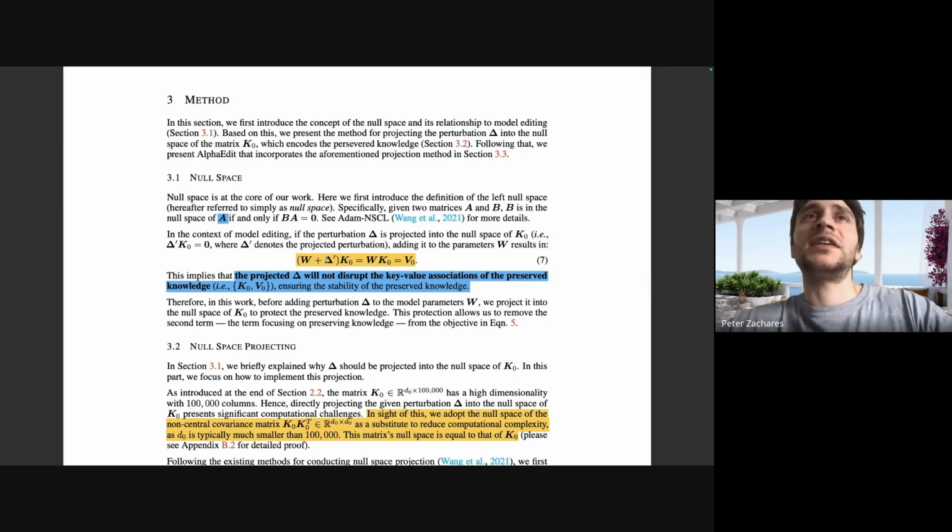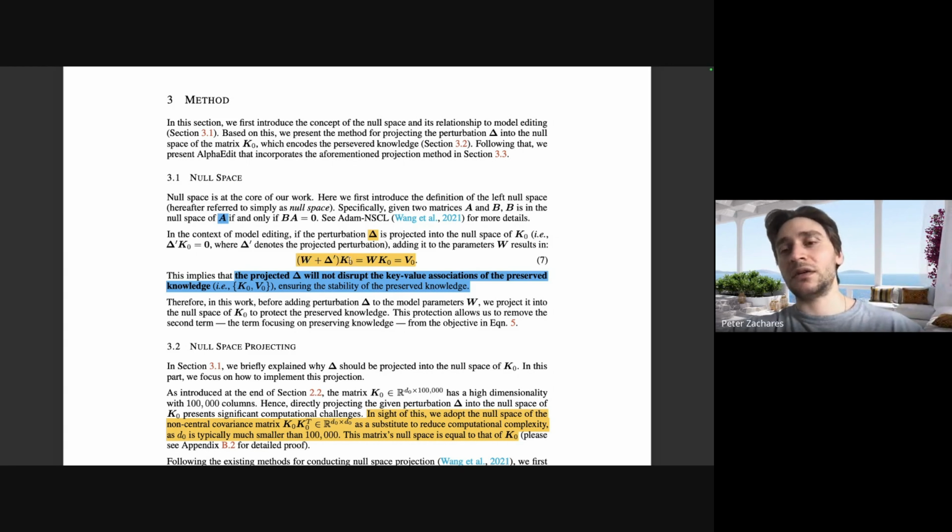So the idea is that they take the original perturbation here, and they project it into the null space, and what that means is that this is the new way of calculating over, if you see on the left hand side, the V naught, the old knowledge that's been extracted. And you can do simple matrix algebra, since you know that delta dash is in the null space, when you multiply it by K naught, you get a zero matrix. So that means that you automatically will get the previous matrix.